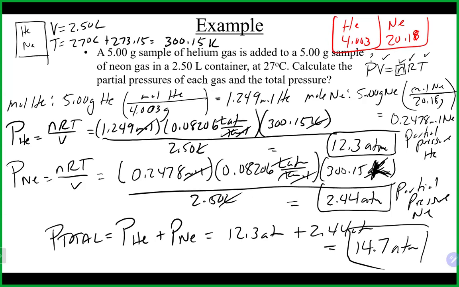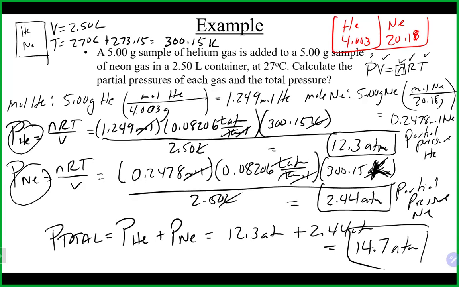In addition, when we look at this between, say, helium and neon, the one that's contributing most to the pressure is which gas in this case? Which one is contributing the most pressure? It is helium, right, at 12 versus neon that's at 2. The reason helium is causing more pressure has to do with the molar mass of helium. Helium is 4 grams per mole. Neon is 20 grams per mole.